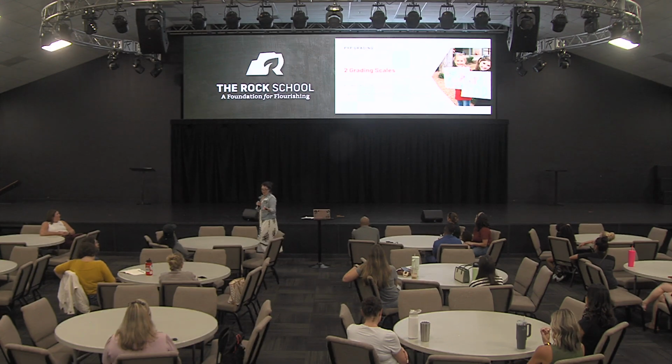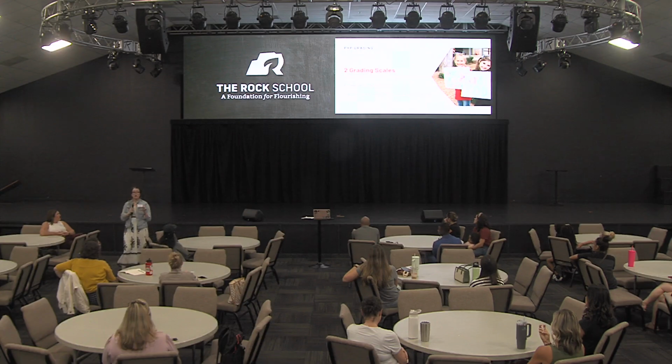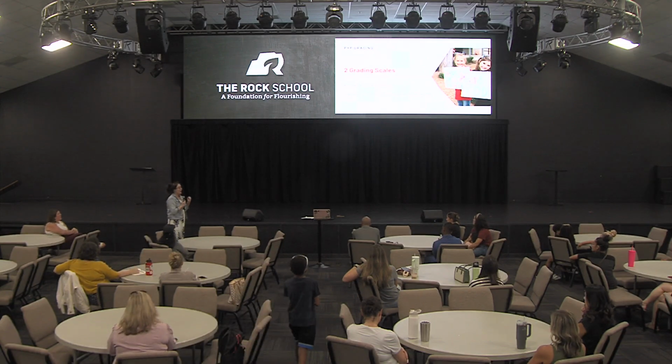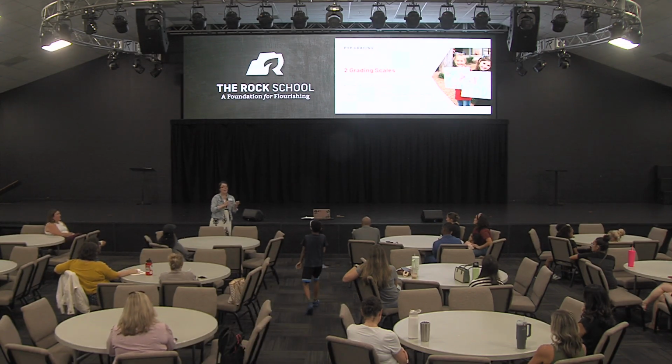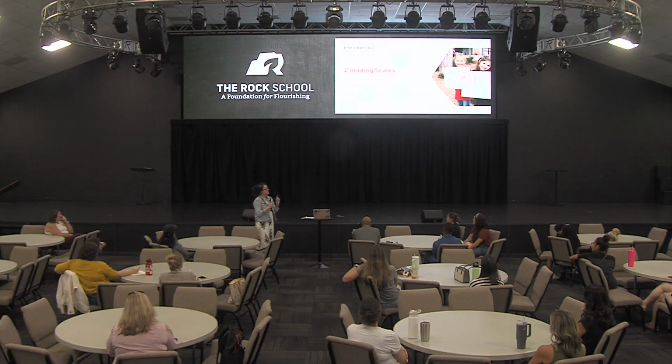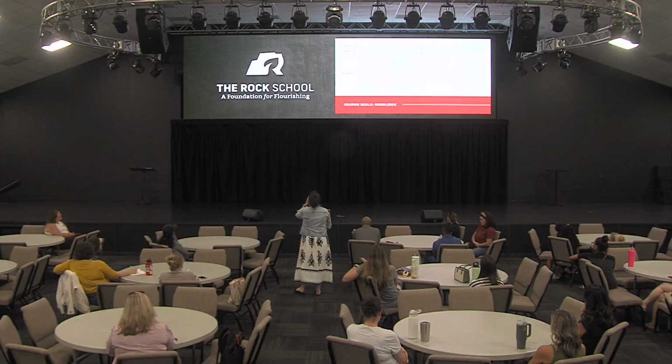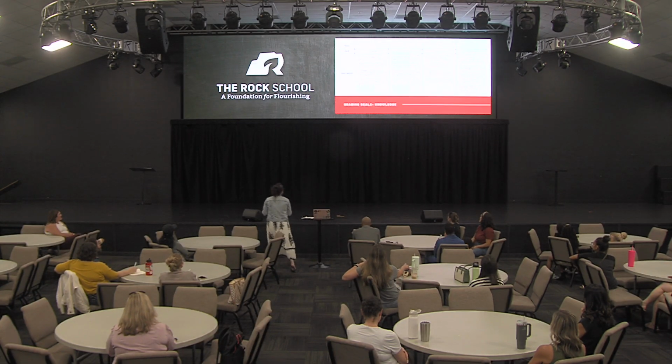So with that, we have 2 grading scales, okay? The first one we're going to go over tonight is knowledge, and this is a 1 to 4 scale that is our core subjects, concepts, and our activities. And then we're going to look at our engagement and responsibilities, okay? This is going to be the scoring that we use for those approaches to learning, those additional tools that we need to be successful. So it is a little small, but I'm gonna walk you guys through. Okay. So this is our knowledge scale, our 1 to 4.